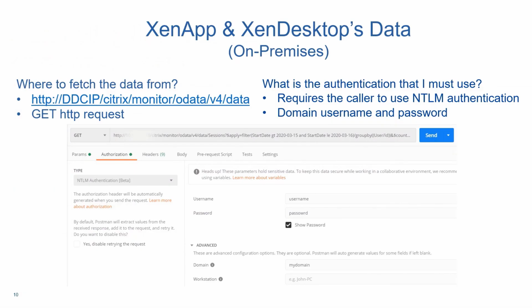So currently we explained how to use the OData APIs in case of Citrix Cloud. We have the same feature in case of on-prem as well. What you do in the on-prem case is just hit this endpoint instead of your customer ID.xendesktop.net. Put the DDC IP here, and the rest everything is the same. And for authentication, you have to pass the NTLM auth with user domain and the password, and you call the same thing with your DDC IP, and everything like grouping, aggregation, everything should work fine on the v4 endpoint.